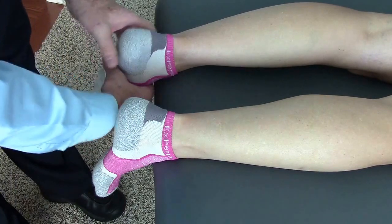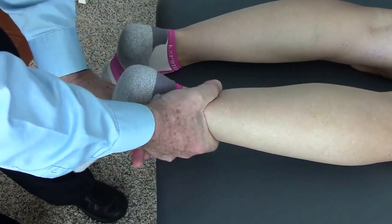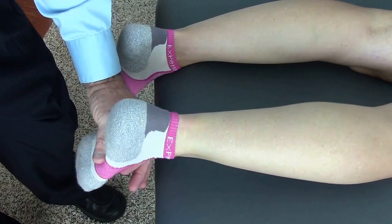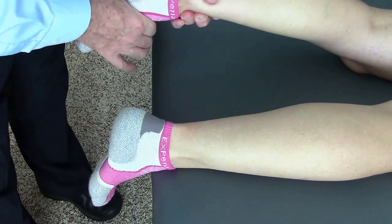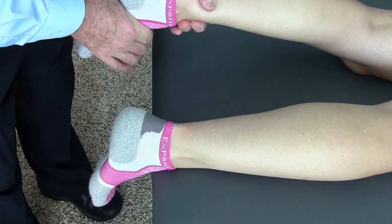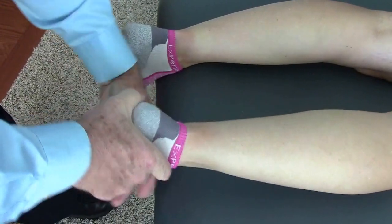And we have tested cuboid, and I'm looking at midfoot now, and midfoot is actually restricted on this right side. And she did comment that the right side still felt a little bit tighter. And you'll note that this midfoot, I can rotate medially. I'm on the navicular and the cuneiforms. And so there's a little bit of yield there, okay, as it's supposed to be. On this side,